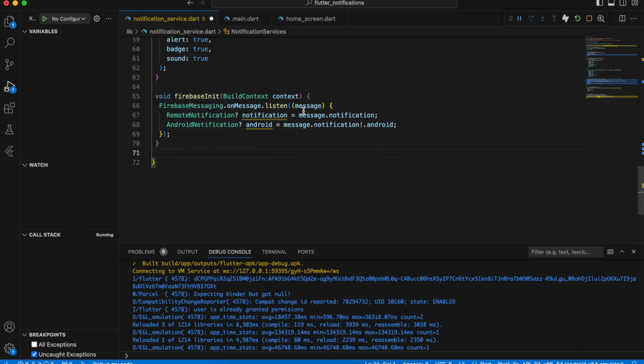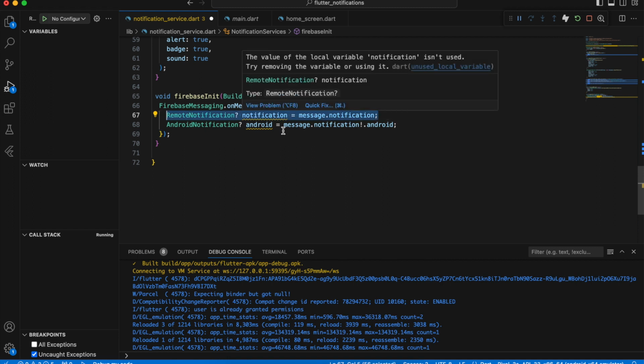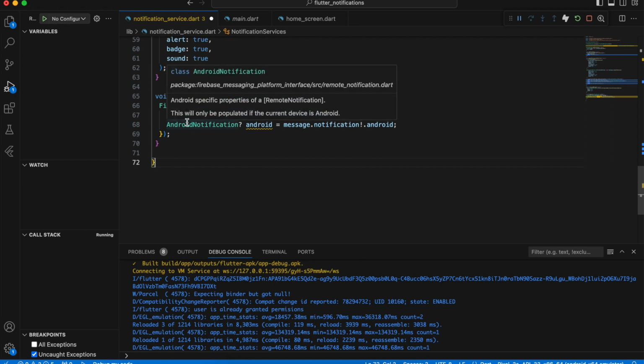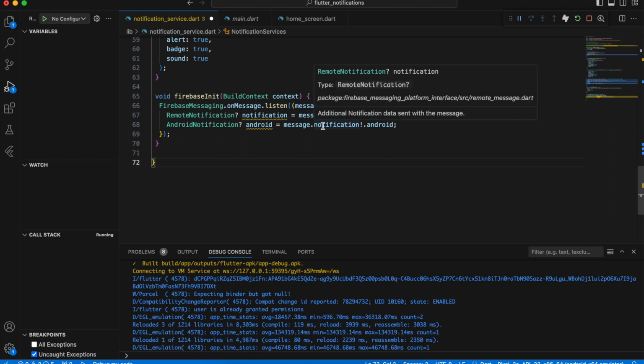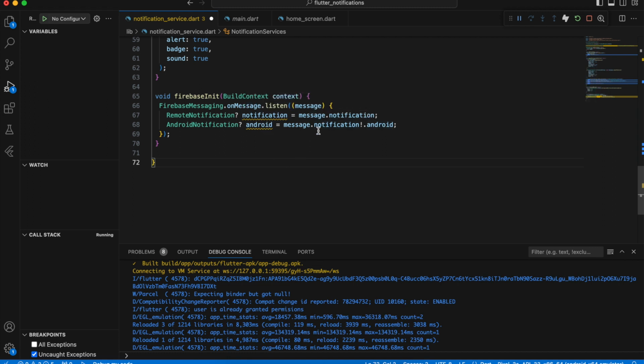So what we are doing here: first we are receiving the notifications for the iOS and also for the Android. So if the message is for iOS, then we'll have something in these notifications, and if there is a notification for the Android operating system, then we have the message for the Android one. So basically it is kind of typecasting, that this would be inside the message notification in Android, and this notification would be message dot only notifications. Okay,